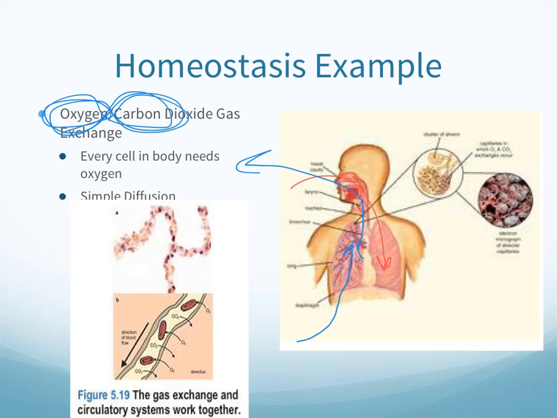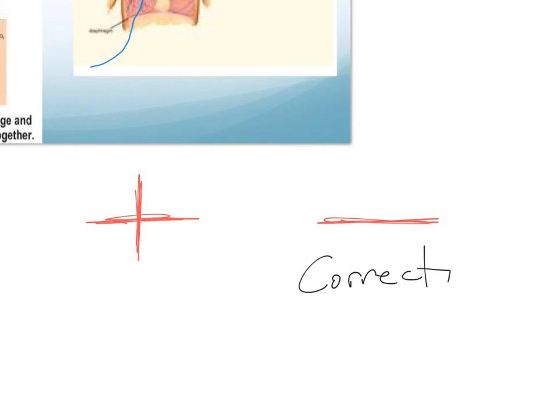So, again, I hope that you learned a little bit about what homeostasis is, and especially understanding the mechanisms of homeostasis and regulating balance, whether they are positive mechanisms or negative mechanisms. And remember that negative feedback is really a correction. The correction is in the opposite direction of the imbalance.